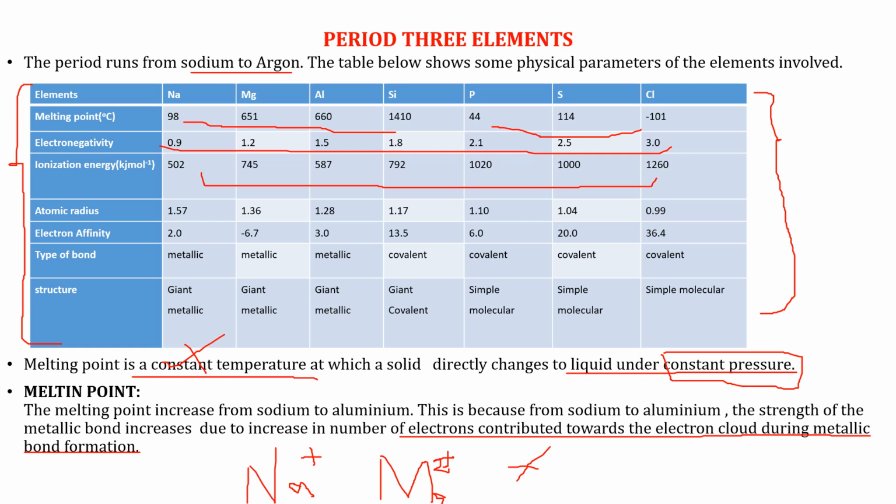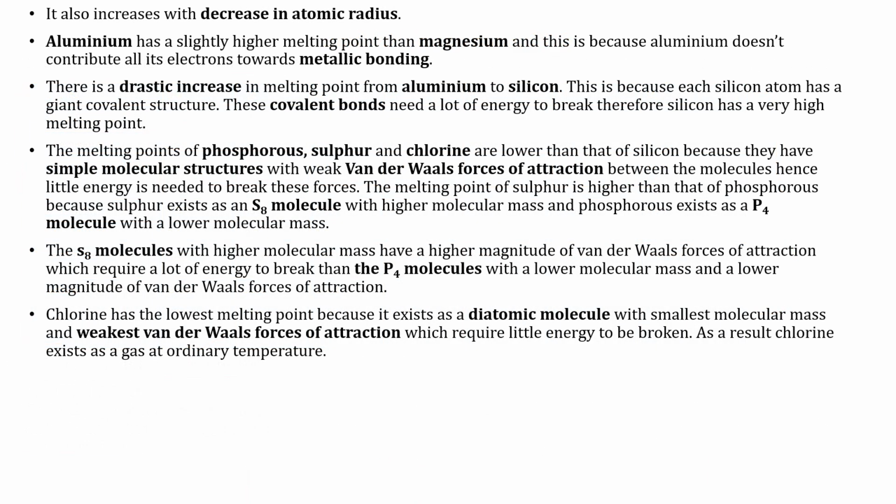So let's go to another slide. In this slide, you are proceeding with the explanation that I've just given. You are saying that melting point is also increasing due to a decrease in atomic radius, because a decrease